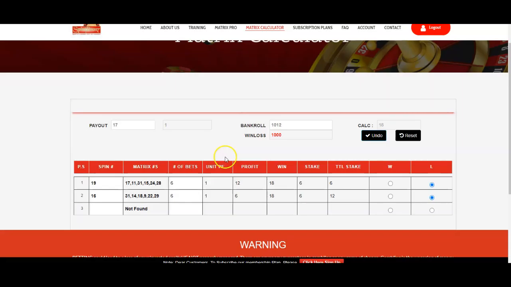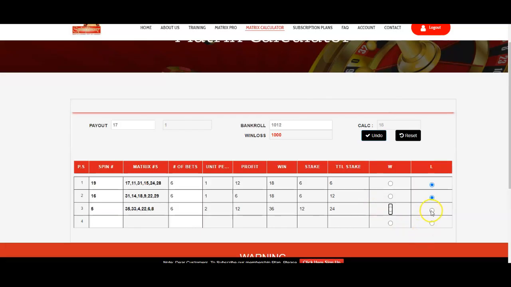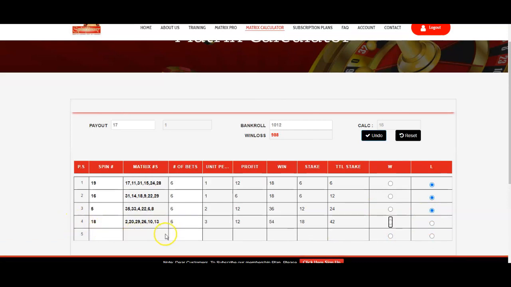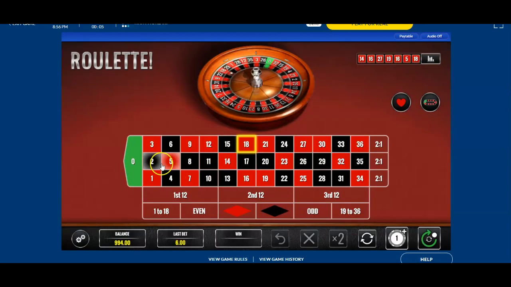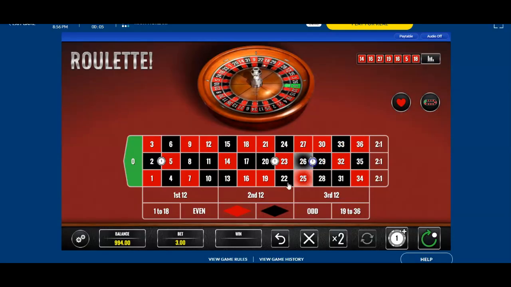Okay, so next number is 5. Spin. Okay, so we got 18, so lost, no problem, and that's why you do need to have a healthy bankroll. There's times where you're going to hit right away, and there's going to be times where it may take a little while. You will hit eventually, it will do its work, but again, you need to have the proper bankroll